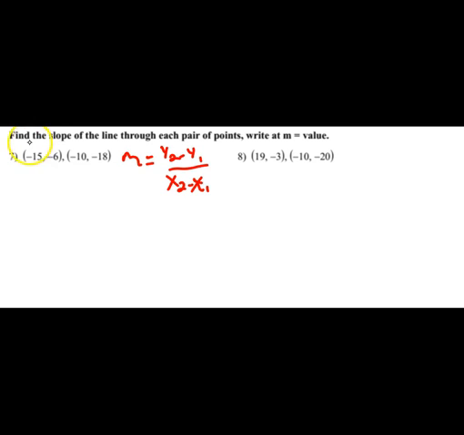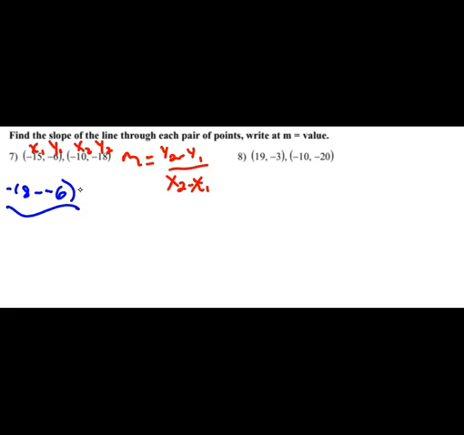So now I'm going to go ahead and label these. It doesn't really matter how you label them, as long as they stay. This is x1, then this is y1, and that would make this x2 and y2. Then I'm just going to plug those values in. So I'm looking for y2, which is this negative 18, minus y1, which was negative 6. And don't forget that's negative 6